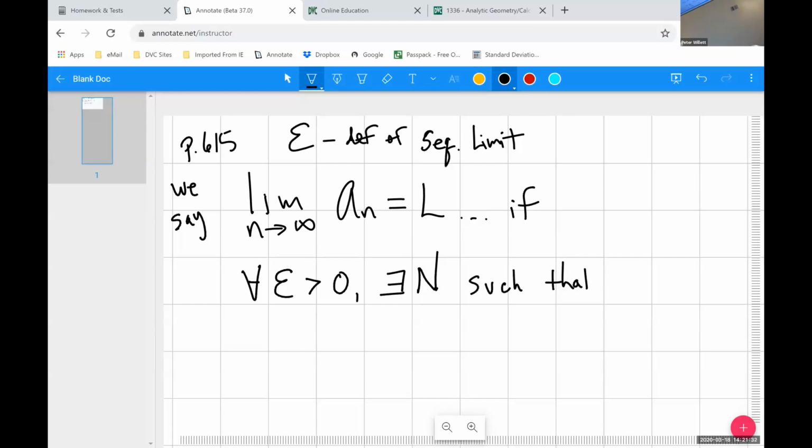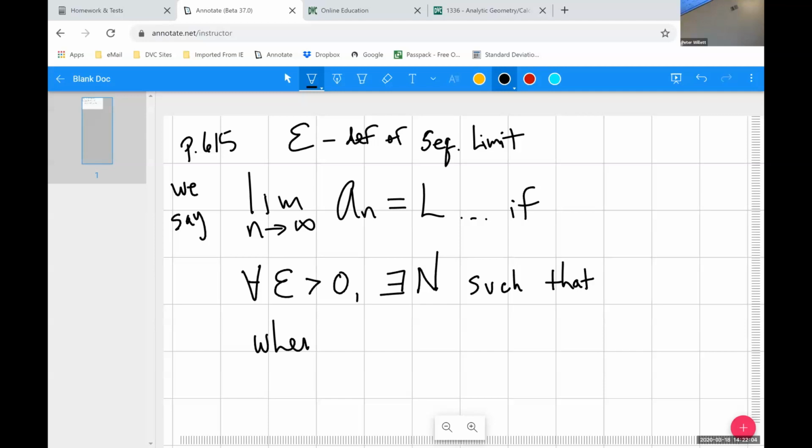Such that, what happens? Well, basically, epsilon is a little number that's describing how close you're going to make the sequence terms get to L. And N is a big number saying how far down the sequence you have to go to make that happen. And so what has to happen? So for any epsilon greater than 0, there's some number I can find N such that